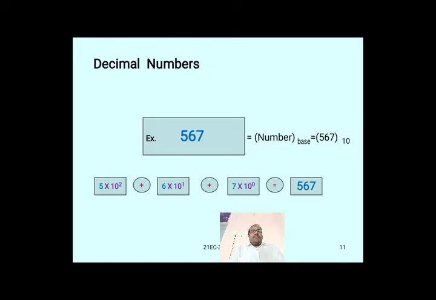I will repeat that. A power 0 equal to 1. A power 1 equal to A. Okay, you understood that? Please make a note of it. 567 is the decimal number. It is shown with the base 10, and I will conclude and complete the calculation also.